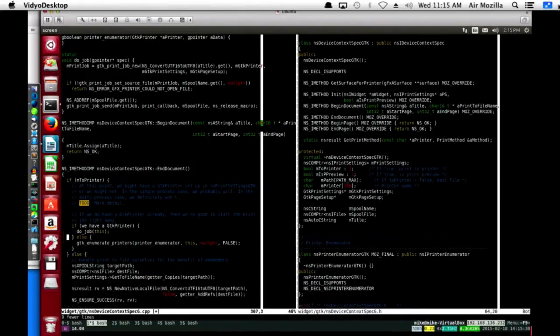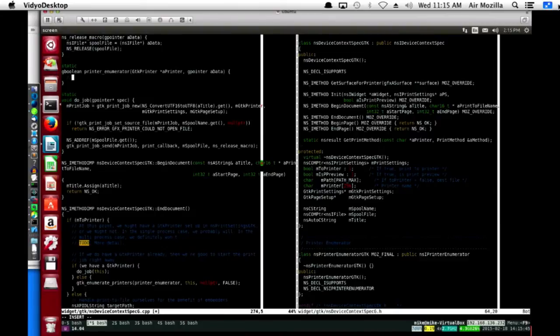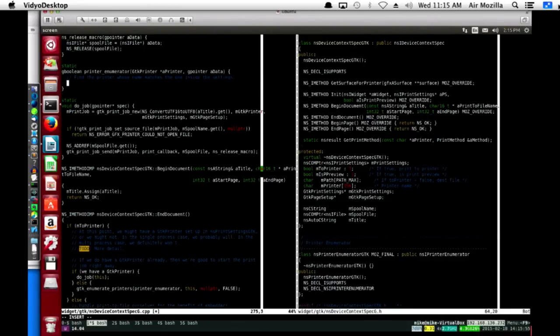And then inside this printer enumerator, you find the printer whose name matches the one inside the settings. And then we do job, passing in a data. And I think that'll work.